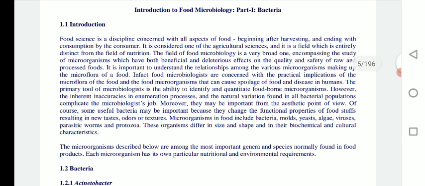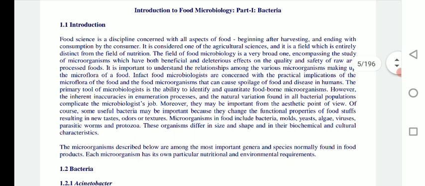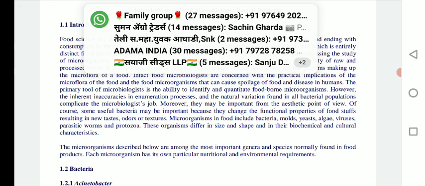In a similar way, for food also we have to study microbiology in both a positive as well as negative way. So in today's lecture, we are going to see basic aspects of microbiology related to the area of food. Food science is a branch of agriculture science, and it is quite different from the field of nutrition. But food microbiology is a very broad field, and it encompasses the study of microorganisms which have both beneficial and deleterious effects on quality,